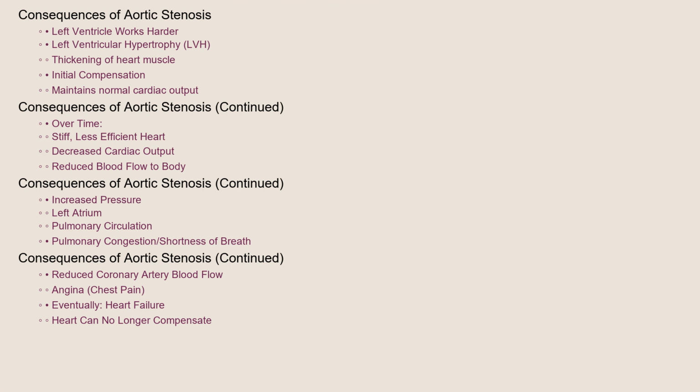Now let's consider the consequences of this narrowing. As the aortic valve becomes stenotic, the left ventricle has to work harder to pump blood through the constricted opening. This increased workload leads to left ventricular hypertrophy, or thickening of the heart muscle. Initially, the heart compensates effectively, maintaining normal cardiac output. However, over time, the thickened heart muscle becomes stiff and less efficient. This can lead to decreased cardiac output, reduced blood flow to the body, and increased pressure within the left atrium